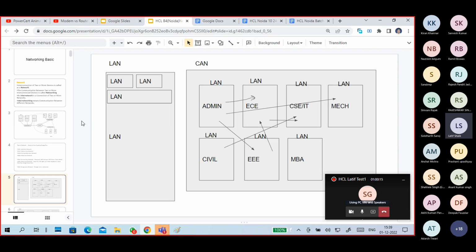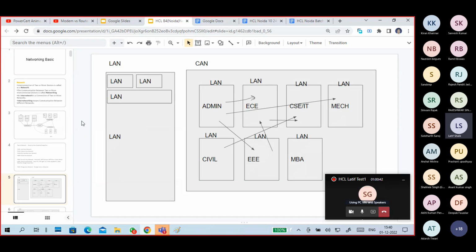For example, in a university or college, different departments are there: EC department, mechanical department, EEE department, MBA department, in some places science related department, arts department, administrative building, principal offices. Each building is one single LAN network, and if you combine all these LANs together,